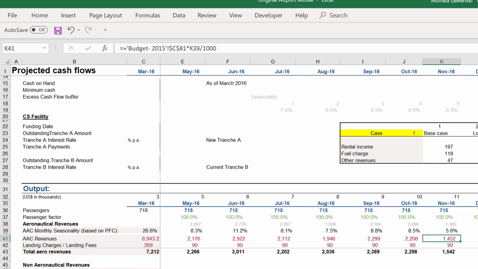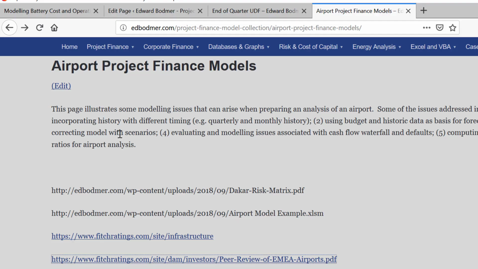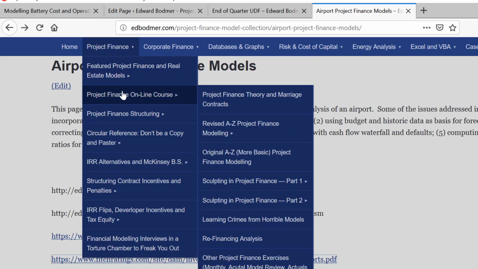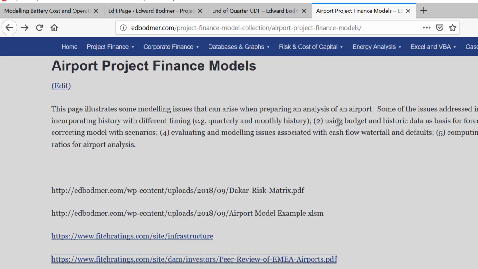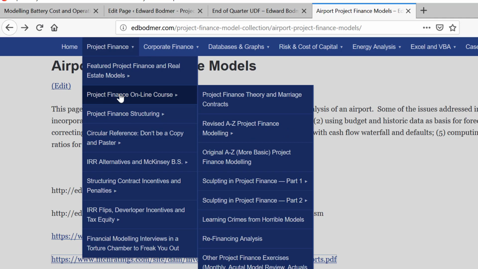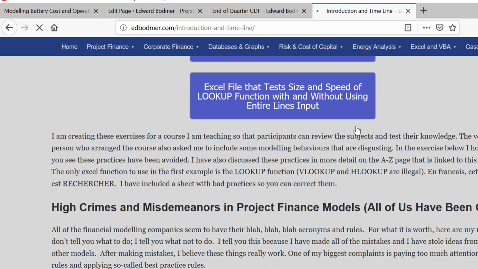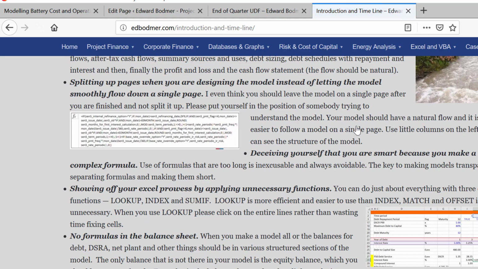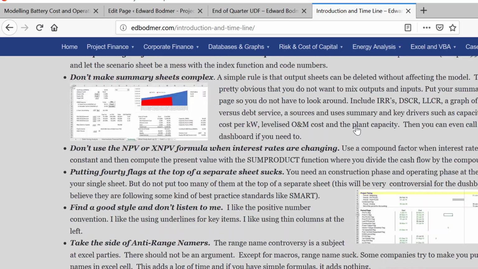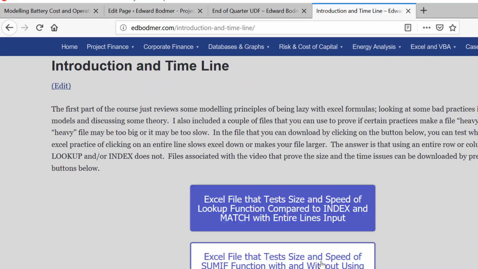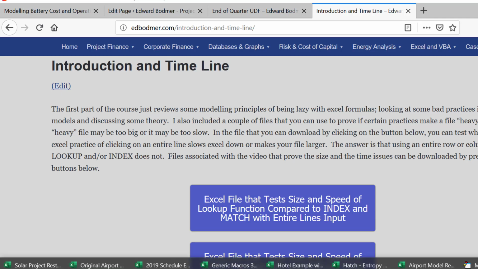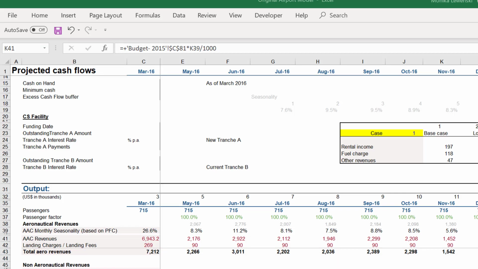And you can go to the website and see my discussion of modeling crimes that I probably should update. I put this in the A to Z timeline, and I put a little person in jail, and I said, here's what not to do. Certainly what not to do is pretty obvious. Okay, and they have some other things not to do.